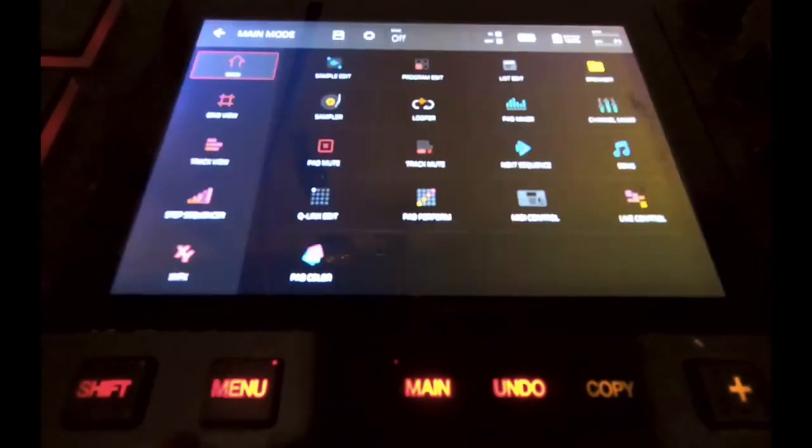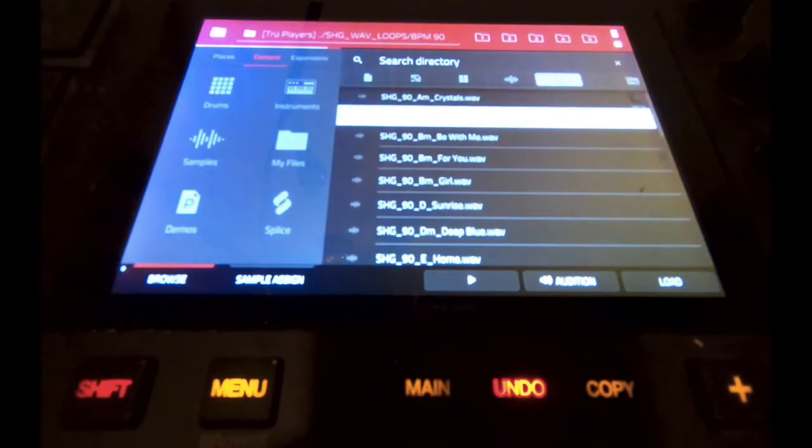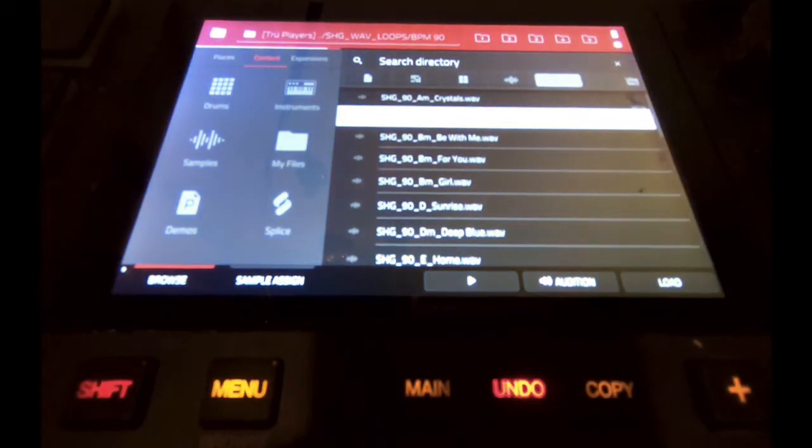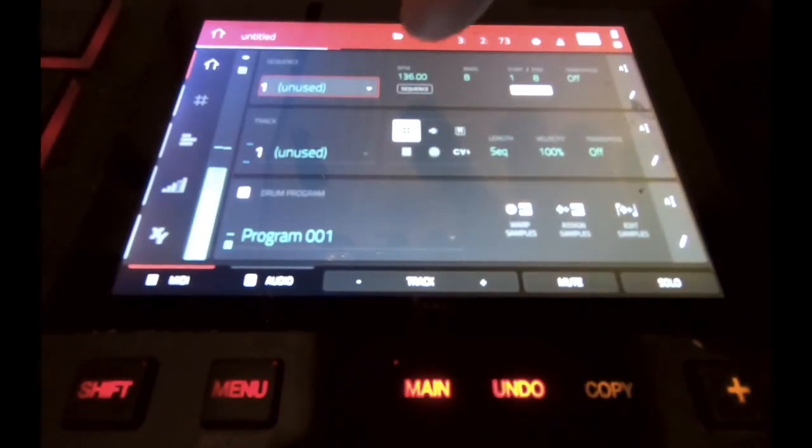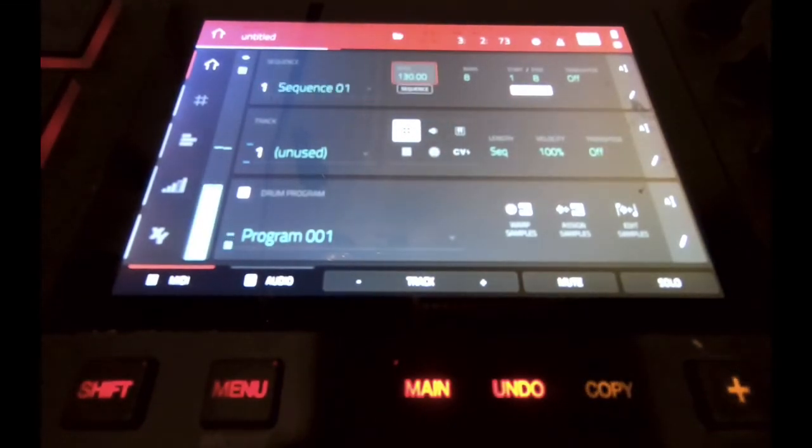So we go to the menu, go to the quick browser, load up anything on quick, select the pad, and we go load, go back to the menu. All right, we got it. It was 90, so we're gonna set it to 90. Set our sequence BPM to